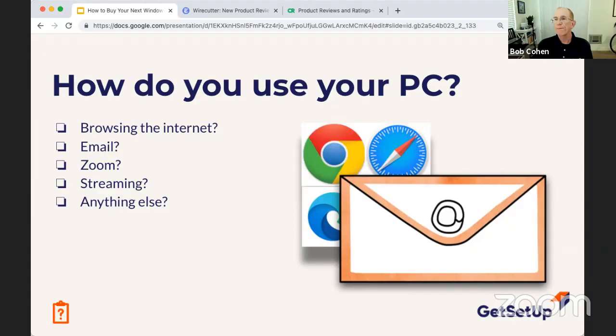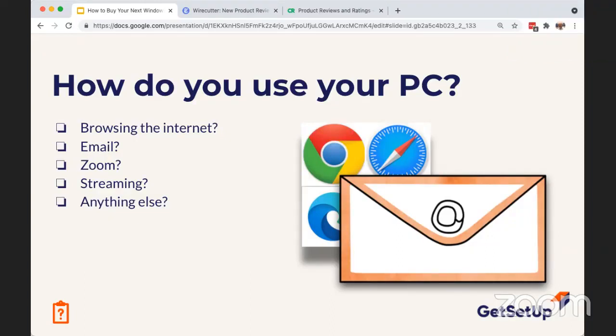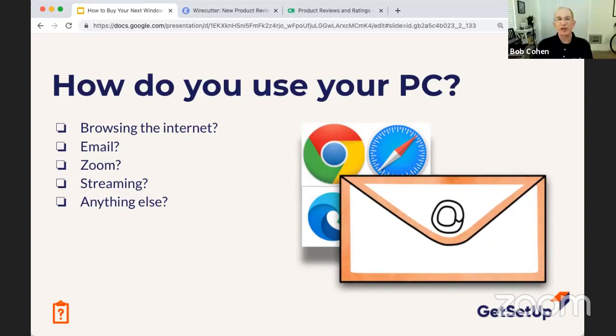Bill, thank you. Yeah, I like to go on my computer and I send money to people in my family, like my daughters and my sugar babies and other people that I know. Okay, Bill, some of the information you're sharing is not necessarily appropriate for our Get Set Up call, so we might have to watch that a little bit. Okay. And Mary and John, you have a question?